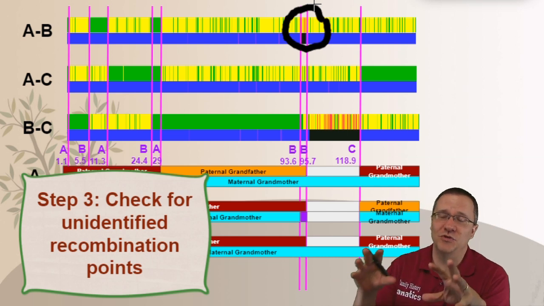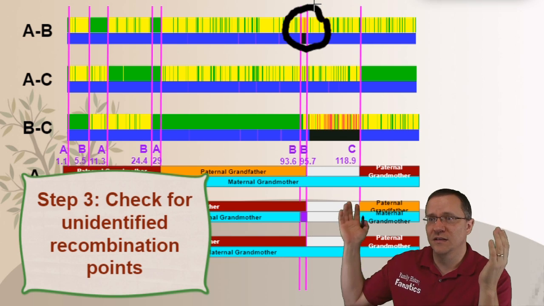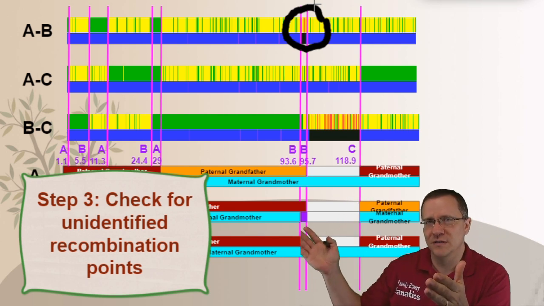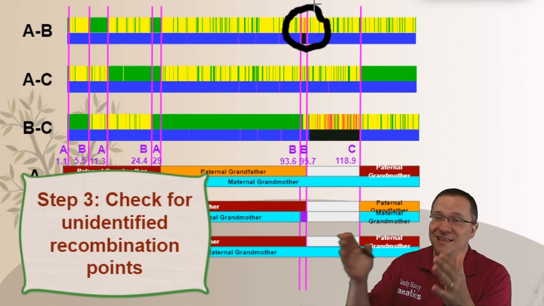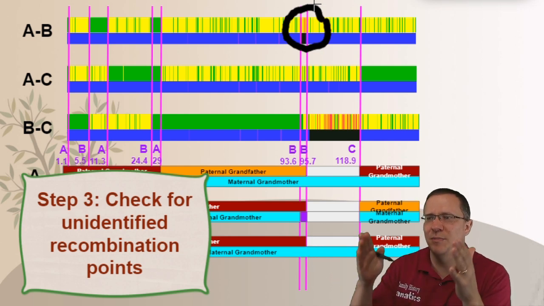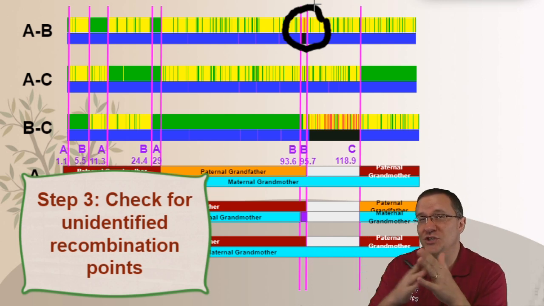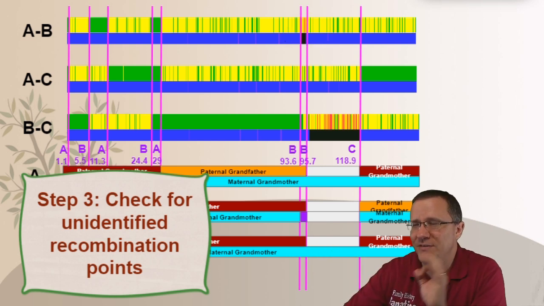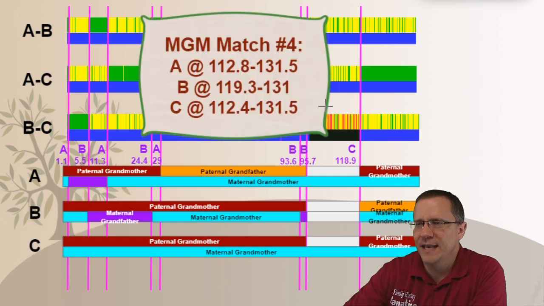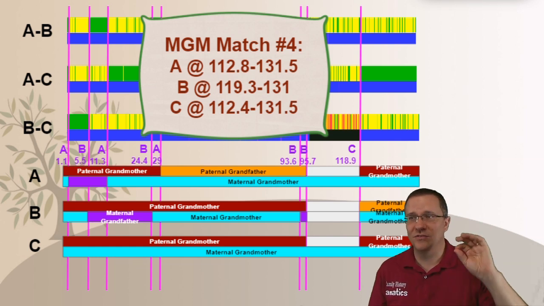Now that's because we usually use a much smaller graphic. This graphic is representing several thousand SNPs along this chromosome. And this graphic is only maybe 1,000 pixels wide, so it's not actually showing all of those. It's only showing 1 out of every 20 of those. We want to go through and we want to see what missing recombination points will be. Now this is where looking at the numbers of megabases starts to be important.